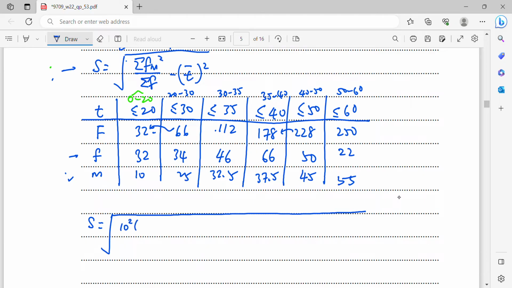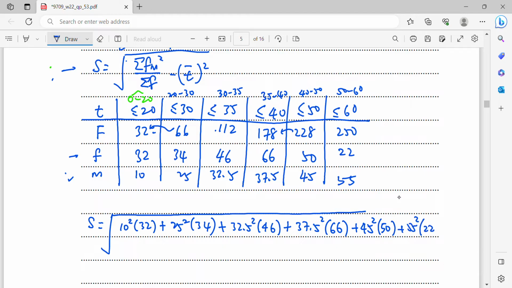So 10 squared times 32, plus 25 squared times 34, plus 32.5 squared times 46, plus 37.5 squared times 66, plus 45 squared times 50, plus 55 squared times 22, and then all this over